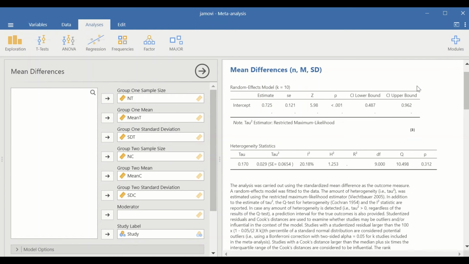If we stick to the estimate effect size, which is the mean difference, two tables are generated, and the model is selected as a random model, and we have 10 studies here, k equal 10. And the important one, which is the effect size, which is the estimate, is 0.73. This is the overall effect size, and it is significant as it has a p-value of less than 0.001,